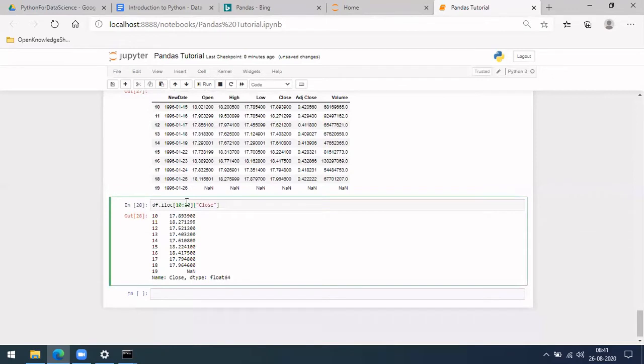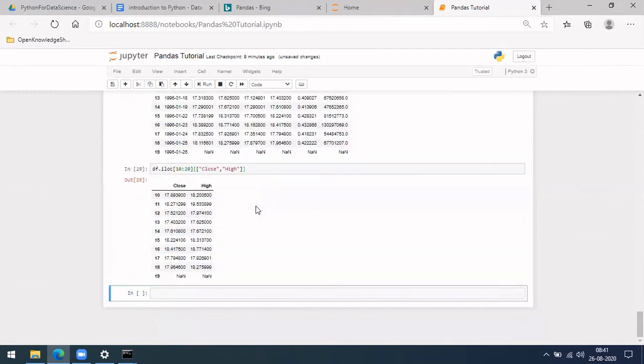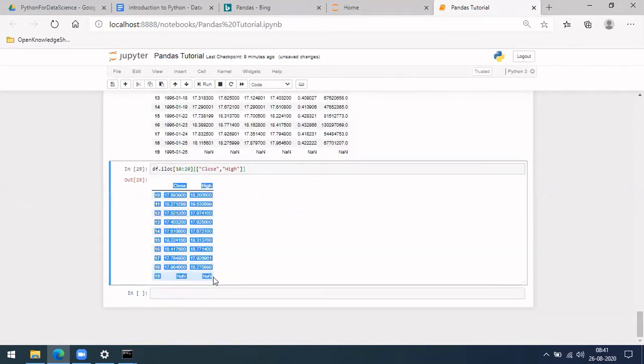In case we want to see two columns, what you can do is put one more bracket as a list, and then in that list you keep high. Maybe I want to see high and close. If you run this, the data frame with only these two columns and only these rows is shown.